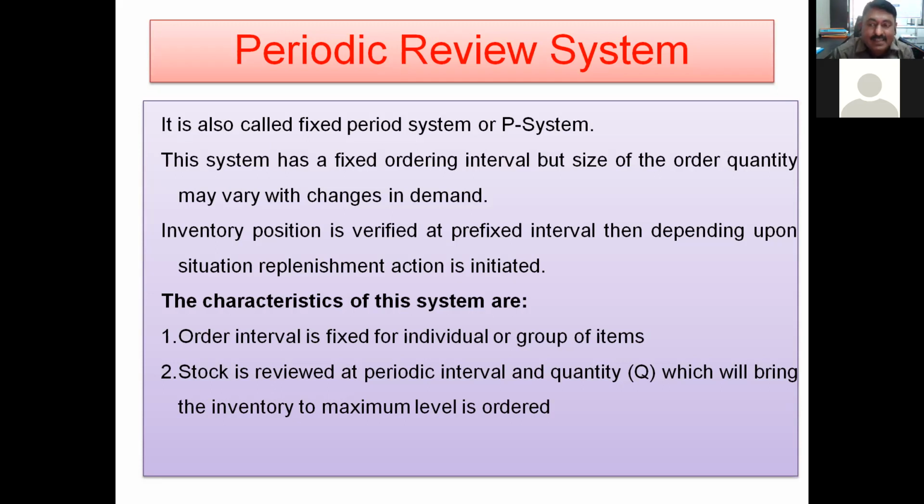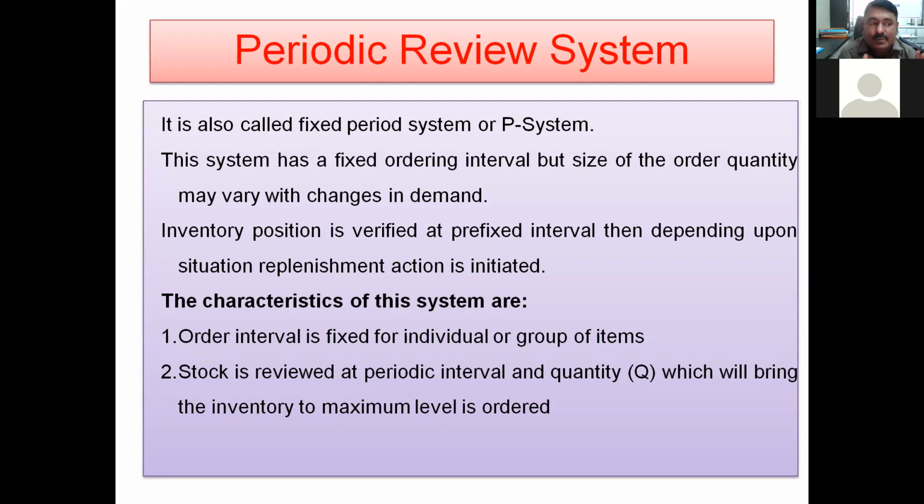At that period, the inventory position is analyzed, and accordingly the order is released for that particular inventory case. Okay, what are the characteristics of this particular system? The order interval is fixed, but for an individual item or a group of items. Here, for any one of the bigger items, the order interval is fixed, or for a group of